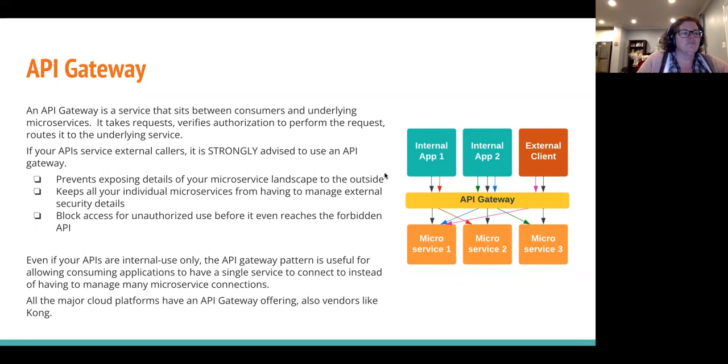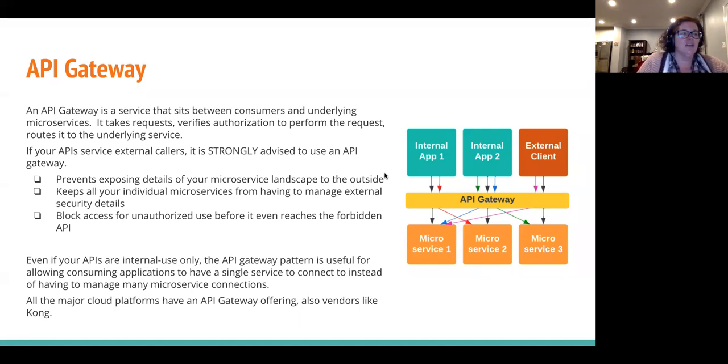There's a lot of service mesh kind of technologies that can also help with that. But one thing to keep in mind with this API gateway pattern that is extremely important is that an API gateway is a single point of failure. So if you're using one and it goes down, nothing gets through. So you need to make sure that your API gateways are rock solid if you're using them.